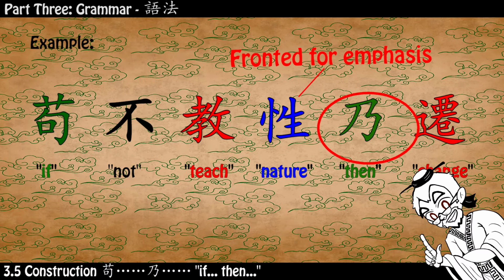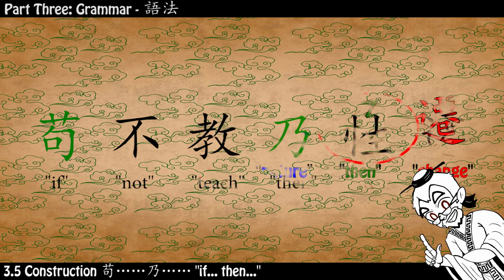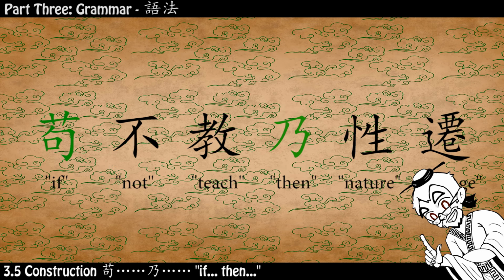Nerd note! In this instance, 乃 appears between 性 and 迁. This is because of something called fronting. This means that 性 has been put in the front of the comment half of the sentence for the sake of emphasis. If we rearrange the sentence to place 乃 at the front of the comment half, we would get